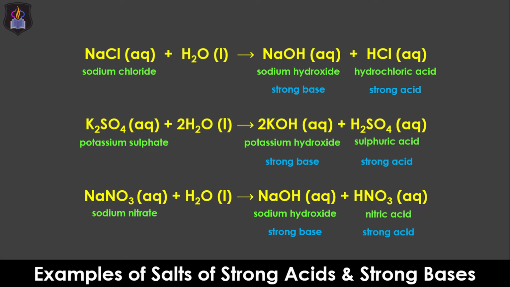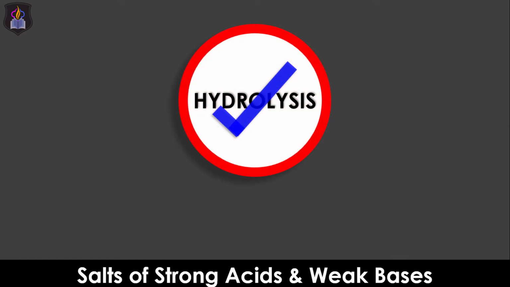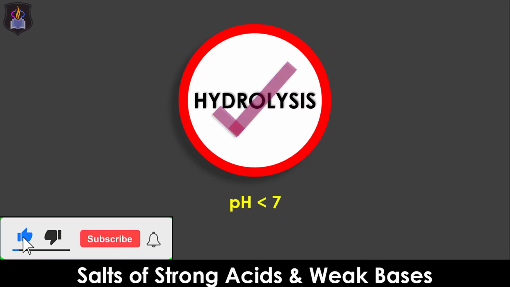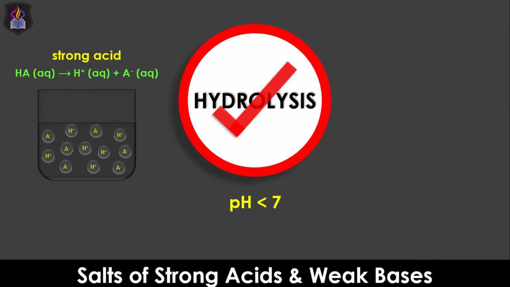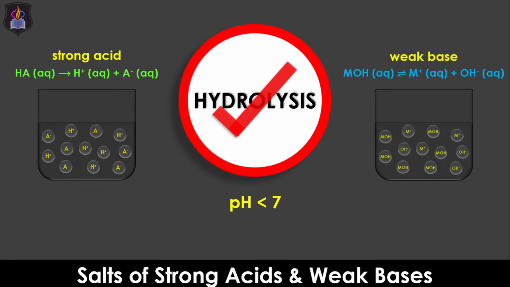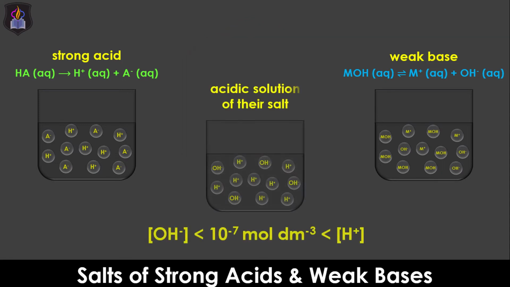The next category is salts of strong acids and weak bases. This category of salts undergoes hydrolysis when dissolved in water to form solutions that are acidic with pH less than 7 and turn blue litmus paper red. This is because they react with water to form their corresponding parent acids, which ionize completely in solution, and weak bases, which undergo partial ionization, as a certain percentage of the bases will exist as molecules in the solution, thereby making the concentration of the hydrogen ions in the solution higher than that of the hydroxide ions. As such, the hydrogen ions predominate in the solutions and account for their acidity.